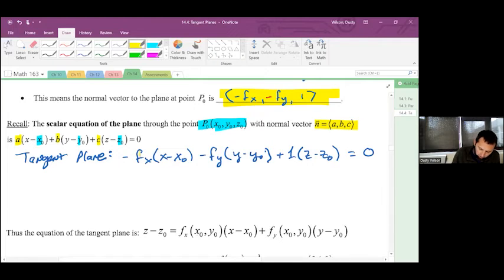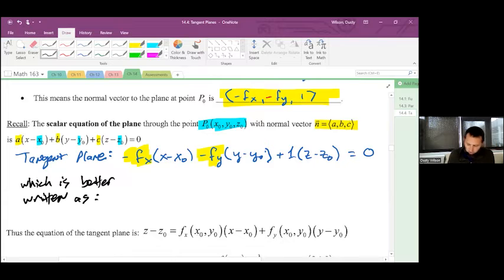And here's those yellow values. And this is a little bit confusing because it looks like fx evaluated, and so we don't like this notation. So let's use better notation, which is better written as,